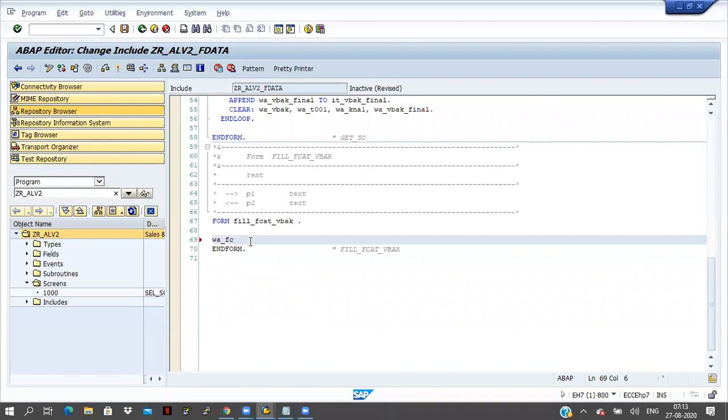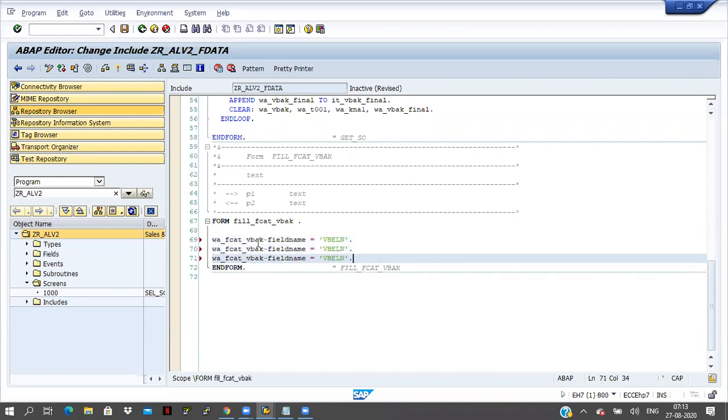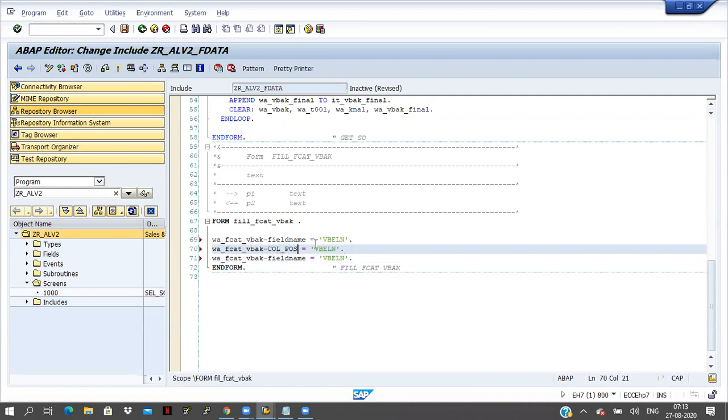Here I am filling the data. Work area fcat_vbak-fieldname equal to something, VBELN I am passing. Okay, VBELN. Column position equal to 1.